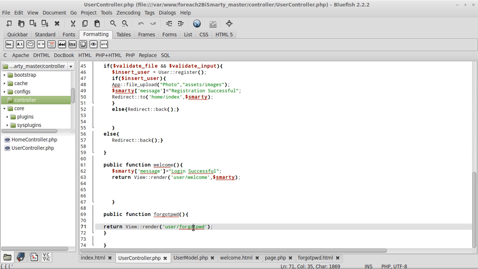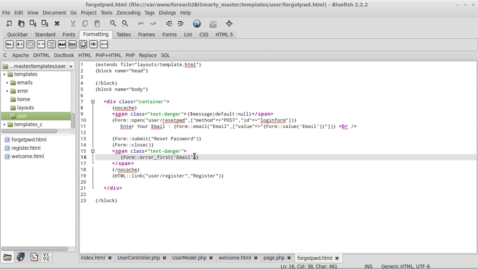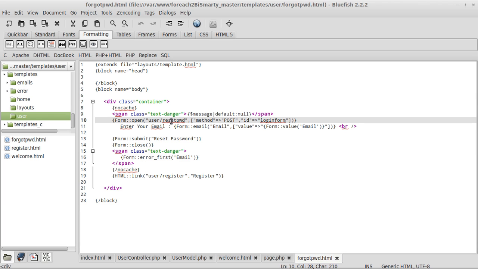This is the file which is going to be loaded on the view side. This is the forgot password view. Here I have used the class form open, and I'm telling it that the action should go to reset password, right? So, enter your email. I'm just asking the user to send his email, and then